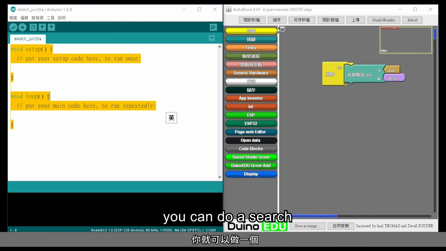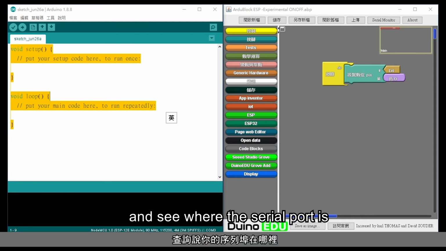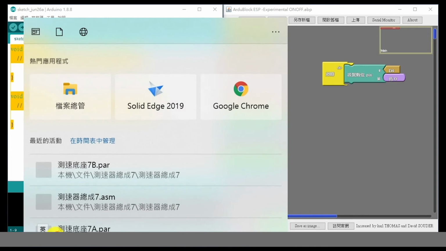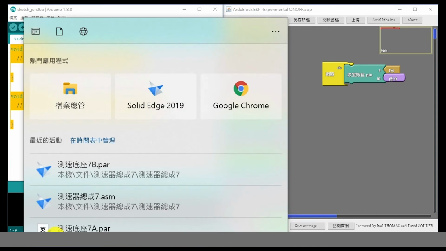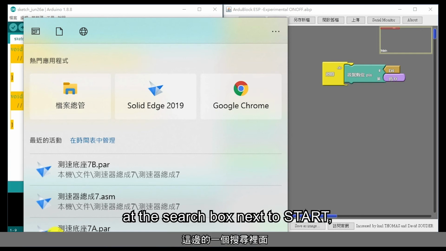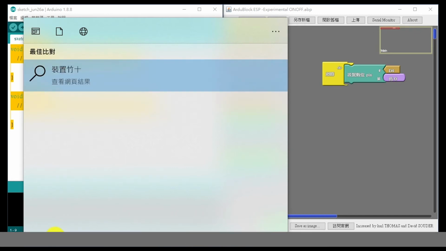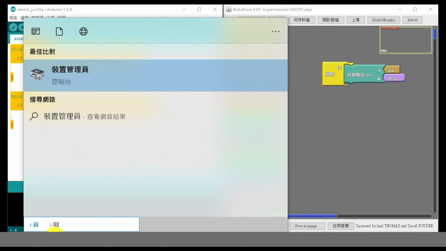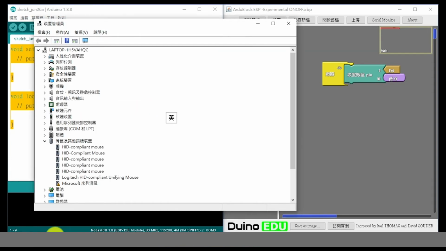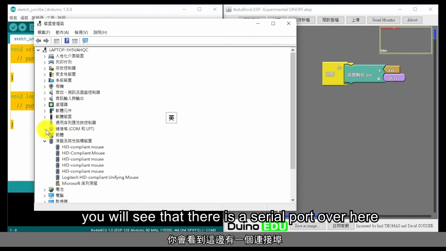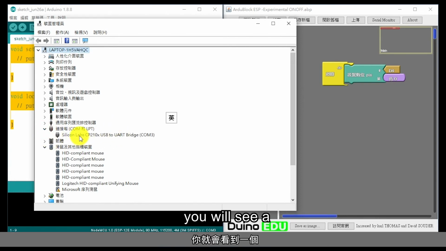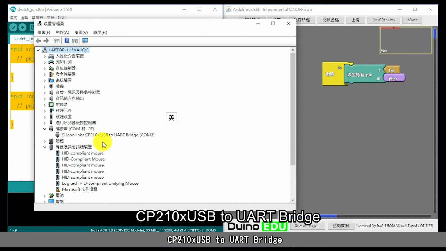In this case, you can do a search and see where the serial port is. If it's Windows, at the bottom left corner, at the search box next to Start, directly search for the words device management. When you click in, you will see that there is a serial port over here. You will see a CP210x